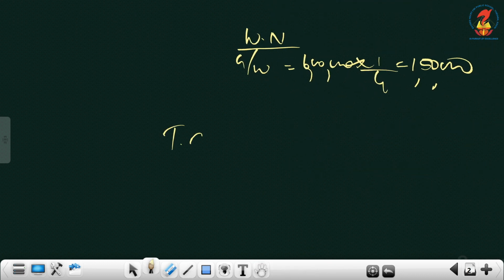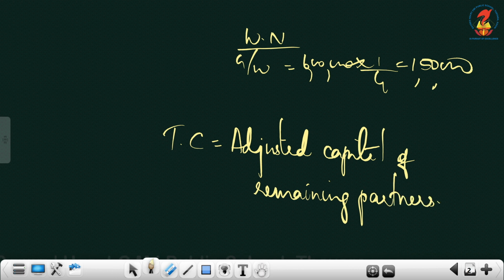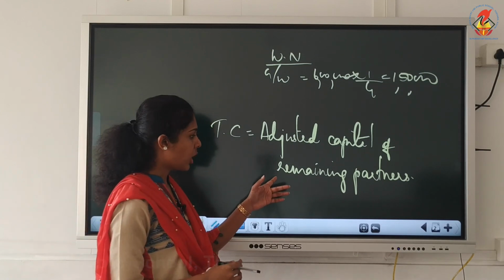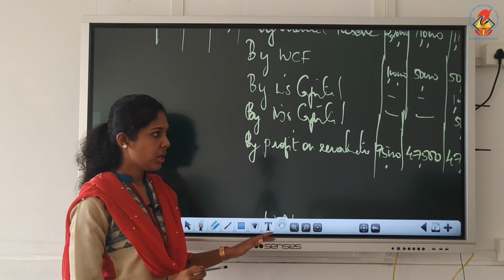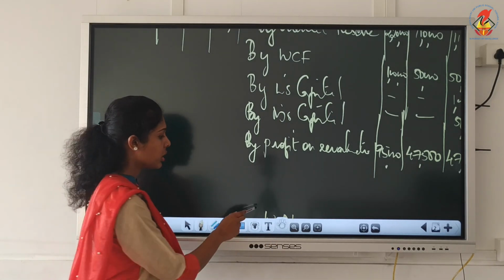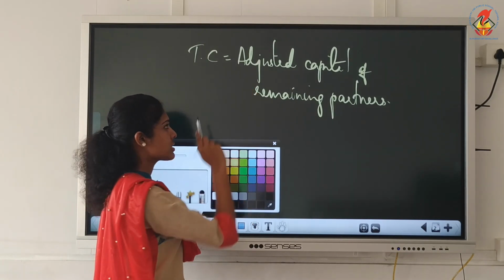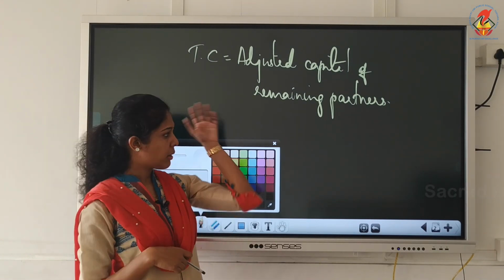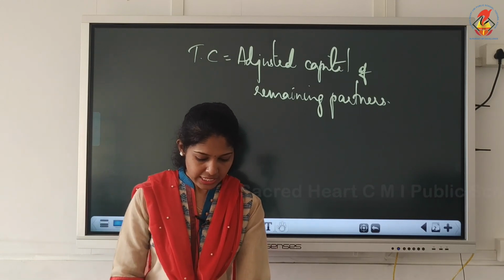Now we will do adjustment of capital for L and M, and we know this is method number 2. So total capital here will be equal to, what's the formula we learned? Adjusted capital of remaining partners. Okay. So that is the balancing figure of L and M. So now you compute the balancing figure of L and M, but don't write it as to balance carry down. You can't directly write it as to balance carry down. Those figures will take as adjusted capitals. Okay. So compute the balancing figures of L and M now, and the balancing figures you will be getting as